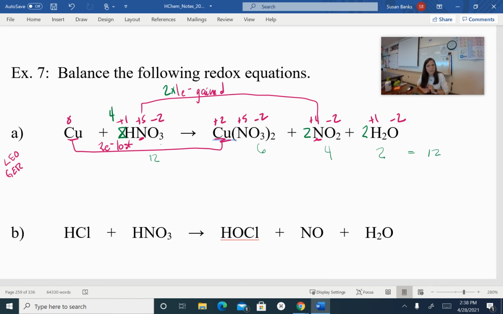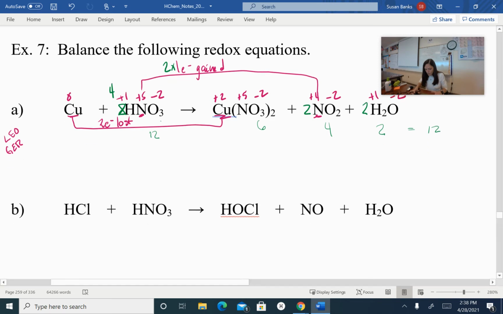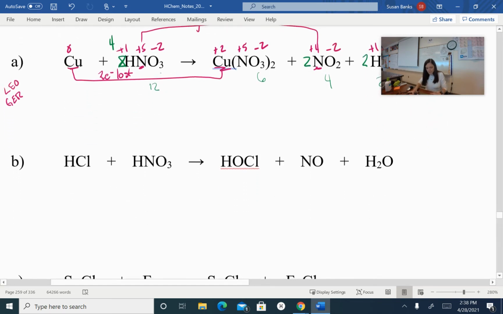Okay? So if you need to watch that again, take it step by step. Feel free, because there's a lot of moving parts to balance these. Okay, let's do the next one. We have hydrochloric acid plus nitric acid going to HOCl and NO, nitrogen monoxide, and water. So first things first, we are going to